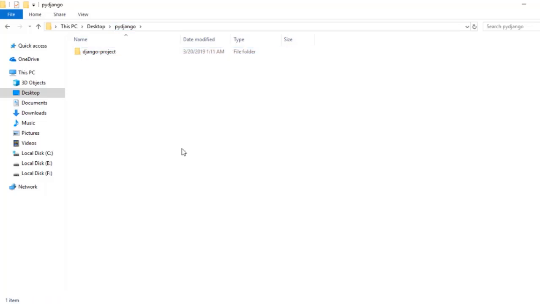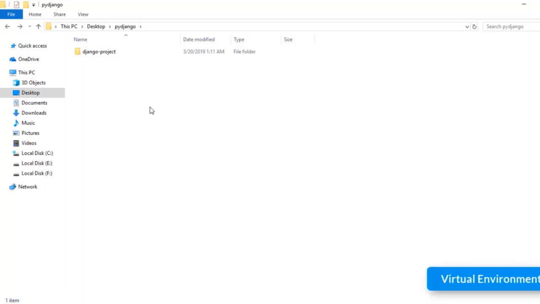If I need to create a new project in future, I would create a new folder on the desktop and then create a Django project file inside that. Currently, naming is not important, but remember all the other folders, other files we are going to create, naming will be very important. So let us begin with our virtual environment.